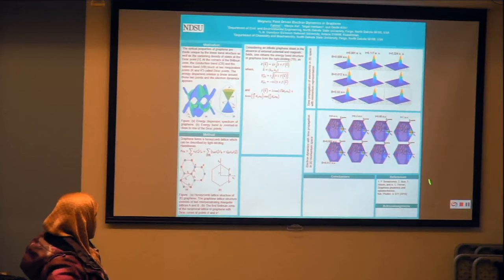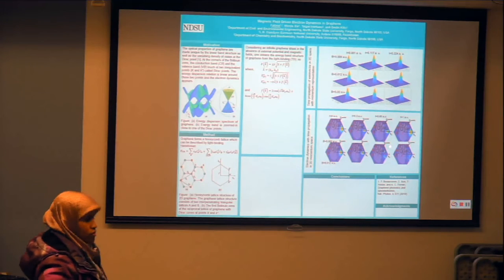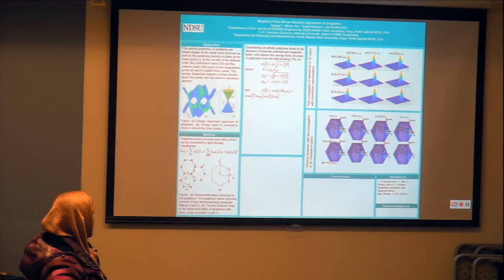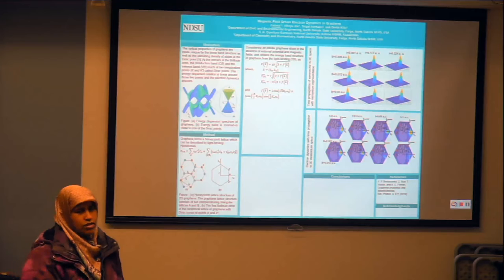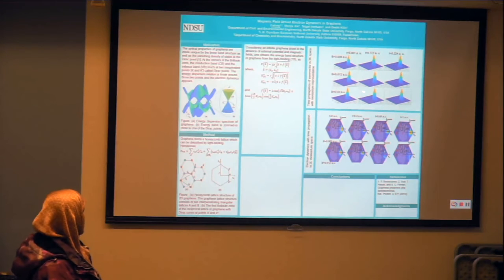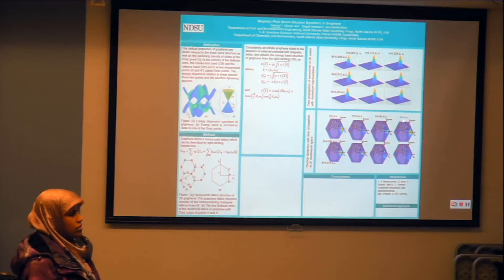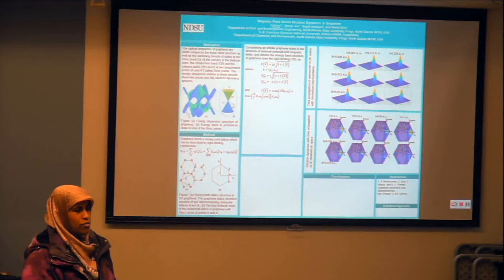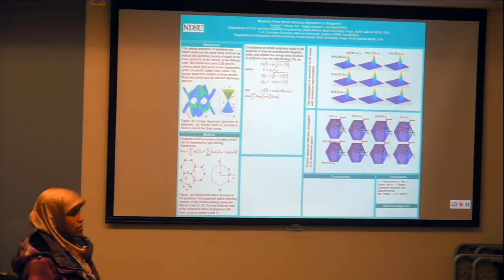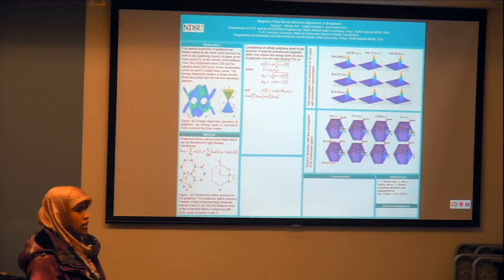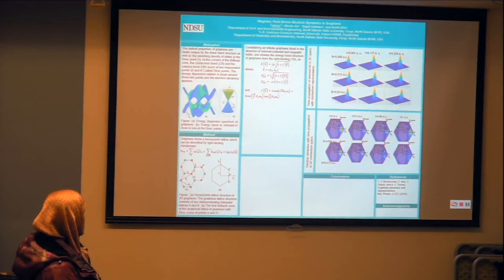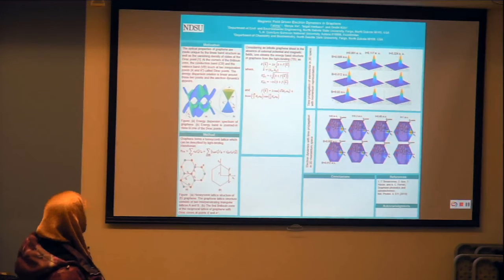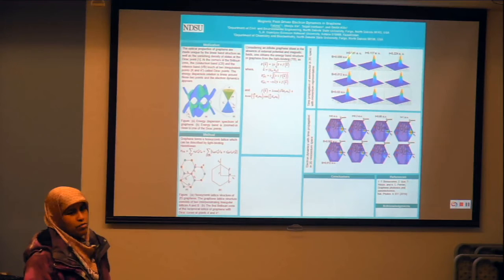So I think I need to work more on these values. Probably I can increase the value of the magnetic field and put corresponding figures here. But there is a problem: with the current computational settings, we cannot apply a higher magnetic field. If we apply a high magnetic field, then there will be the quantum Hall effect and Landau levels will create a different story. So the electron should satisfy the Dirac equation instead of the non-relativistic Schrodinger equation. That's why I'm afraid to put high magnetic field values here.